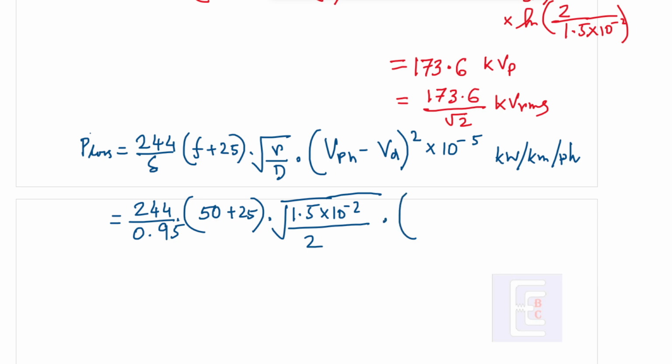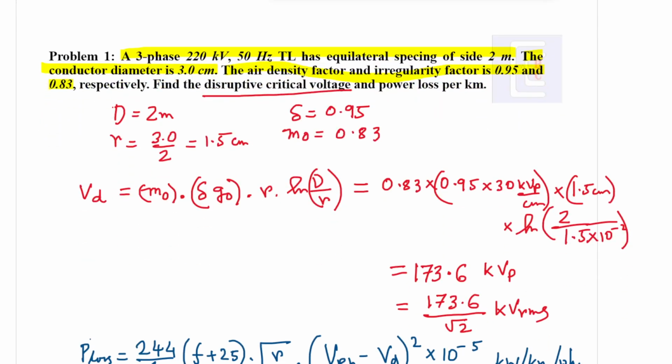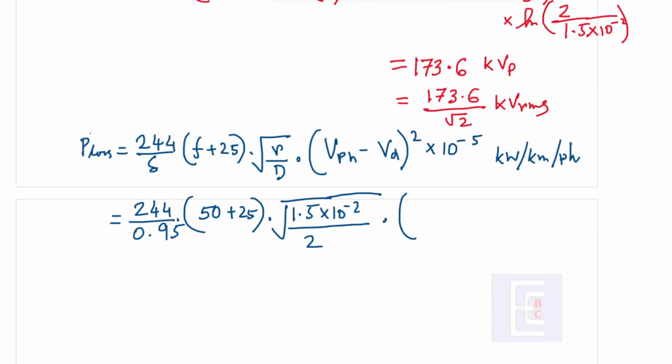With that, V phase. Now what is V phase? V phase is 220 kV. So 3 phase, so you need to divide this as 220 kV by root 3 minus this value